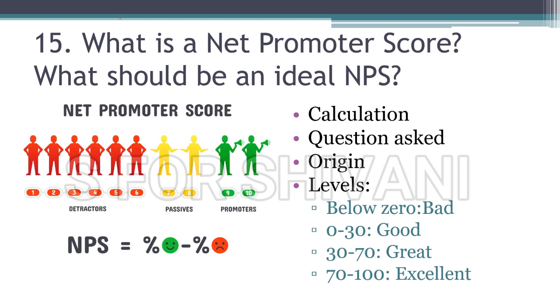Now those who rate 9 or 10 are known as promoters. Those who rate 7 and 8 are known as passives, and those who rate 6 and below are known as detractors. And NPS is calculated as percentage of promoters minus percentage of detractors. Now you should know that Bain is the company that started this, and now almost every company in any sector that you can think of is starting to implement